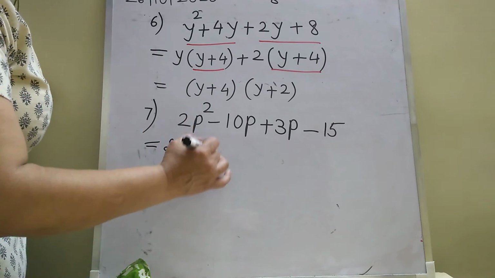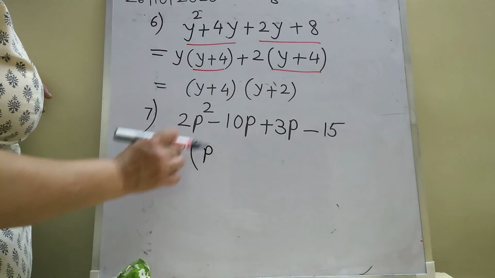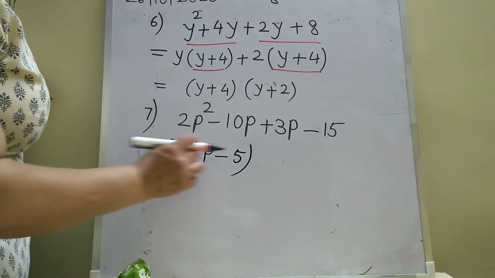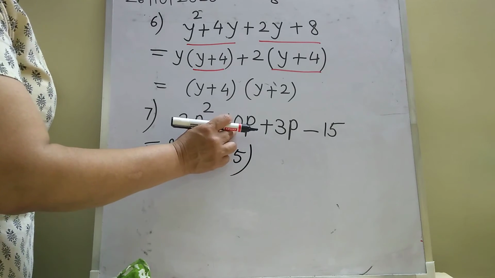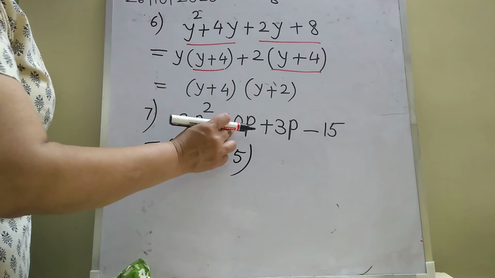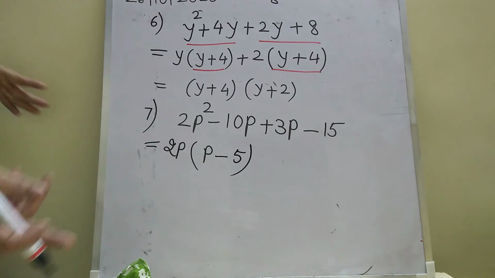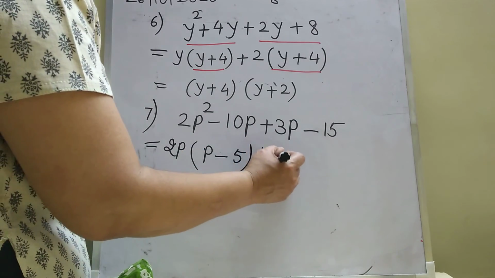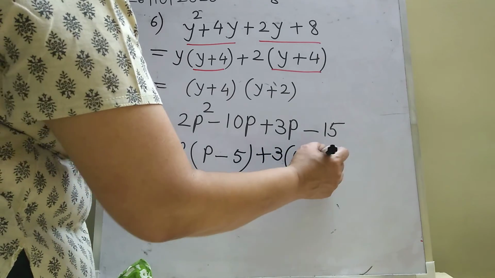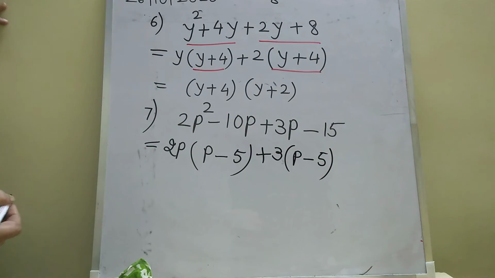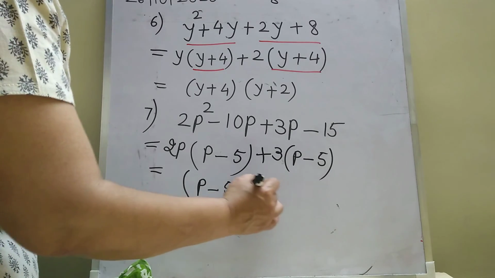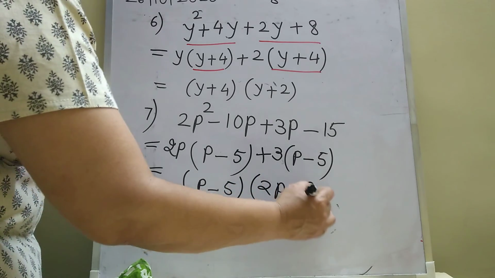Now, what is remaining inside? I am getting just p. Why? Because 2 is already, p also is there. Now minus 5. Out of 10, 2 5s are 10. So factors of 10 are 2 and 5. Out of that, 2 is written outside, so 5 is going to come inside. p is already there. Again here also the same thing. 3 is taken outside, p minus 5. Again 3 5s are 15. Now see which bracket is repeated. (p minus 5) and (2p plus 3).